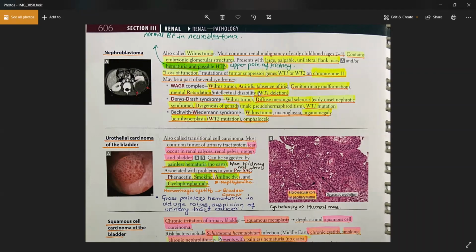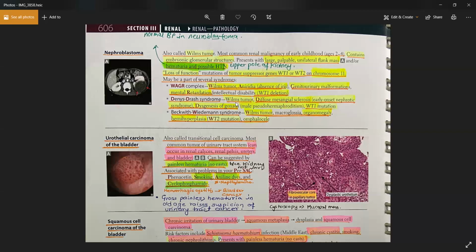Okay. Then you have the Denys-Drash syndrome, in which you have a diffuse mesangial sclerosis, a sclerosis of the mesangium of the kidney. Okay, so diffuse mesangial sclerosis, thickening of the mesangium in the glomeruli will be seen. So early onset of nephrotic syndrome will be seen in the infant. So a patient who is 2 or 4 years of age, and now he's having this nephrotic syndrome, think about the nephroblastoma along with this mass. Okay, so a patient of age between 2 to 4 years having nephrotic syndrome, proteinuria along with this mass, think about the Denys-Drash syndrome.